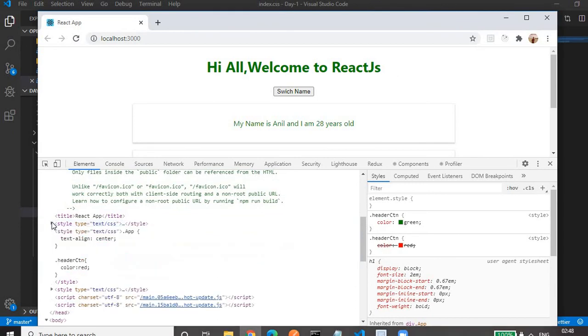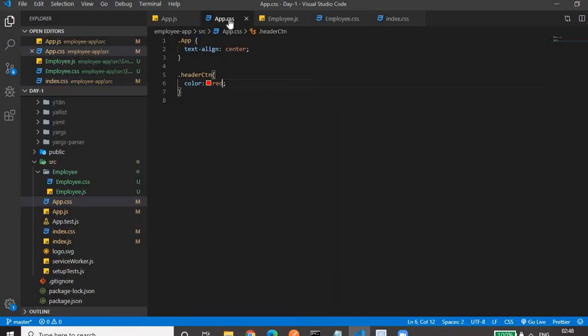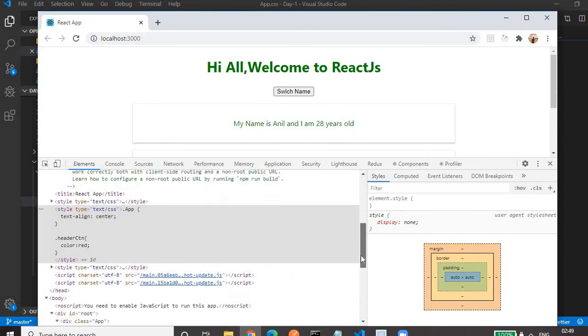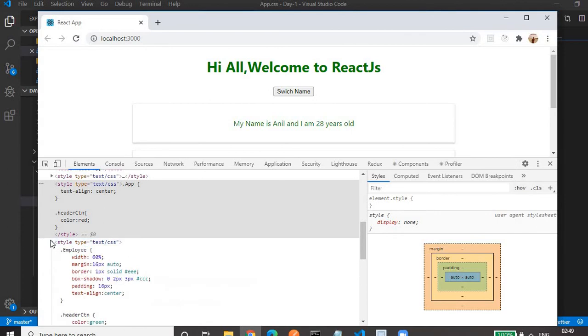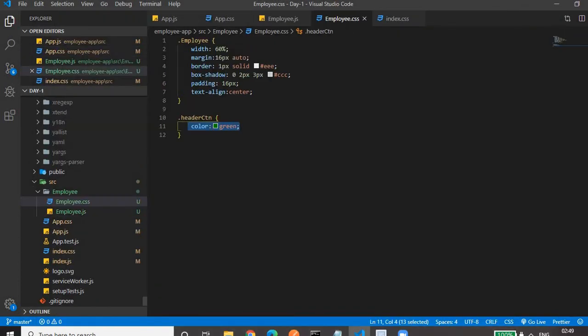We will close this. The next CSS is for our root component, the App component. In app.css we have two classes, one app class and another header container. Then we have the third CSS file, employee.css, in which we have two classes, employee and header container.